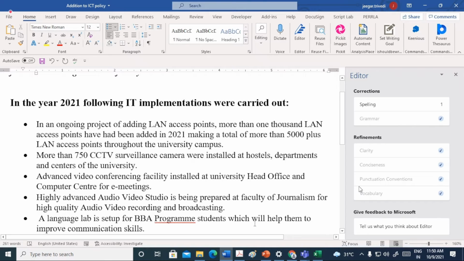So whenever you are making any kind of reports, any kind of manuals, okay, it is absolutely necessary that your reports and documents are grammatically correct. They are punctuationally correct and they are read properly. Any kind of error will give a bad impression.